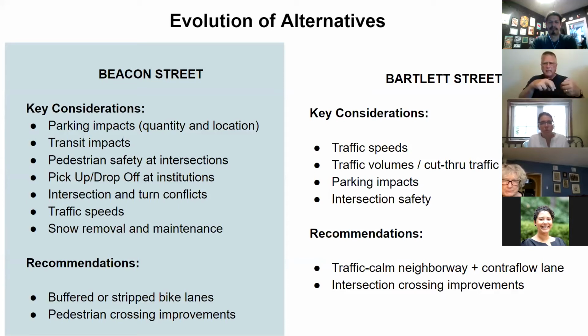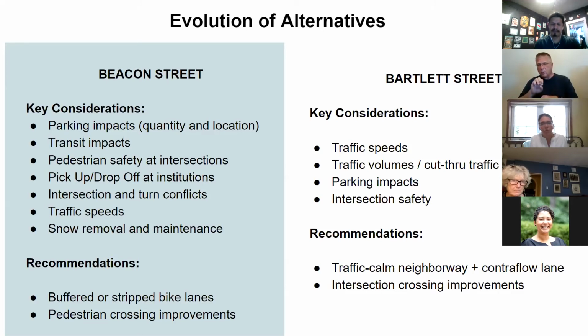So some major concerns about that. The other alternative we talked about was a buffered, striped and buffered bike lane down Beacon Street. So continuing the bike lane that is there on the segment that leads to Whiteman, but augmenting it with additional hash marks and buffering, as you see on Whiteman itself. So using that treatment on Beacon where we can, where we have the space, and then in the eastern segment